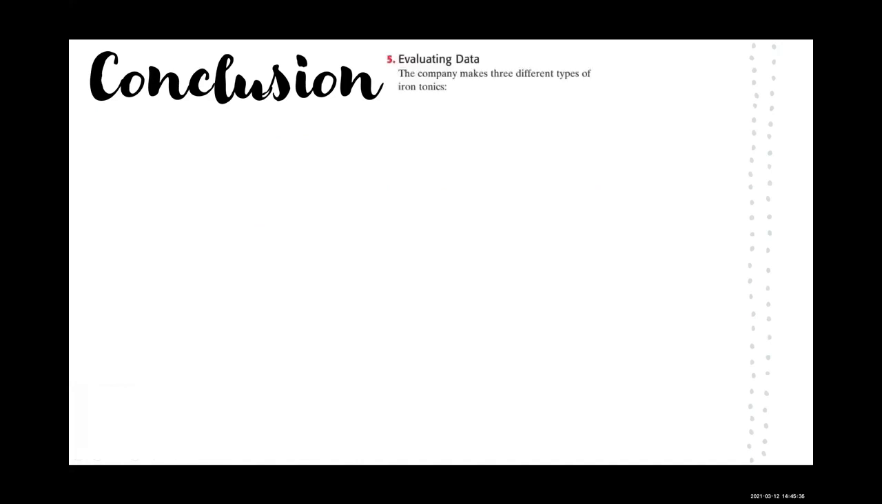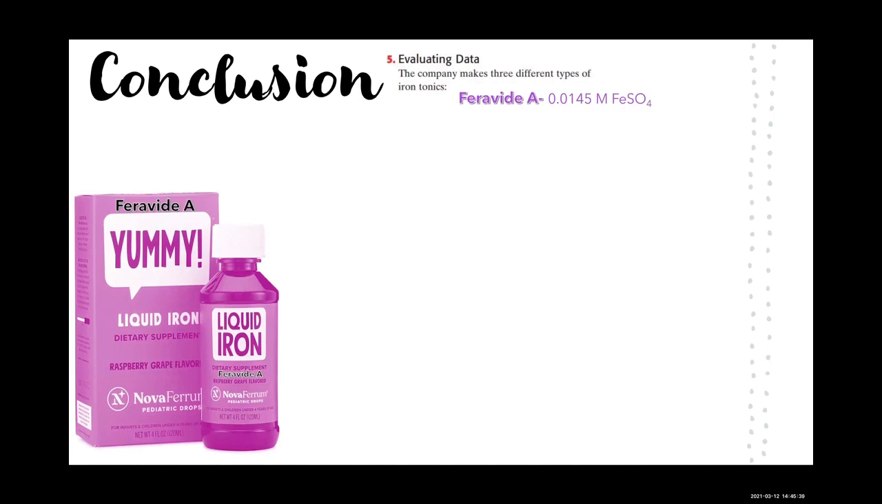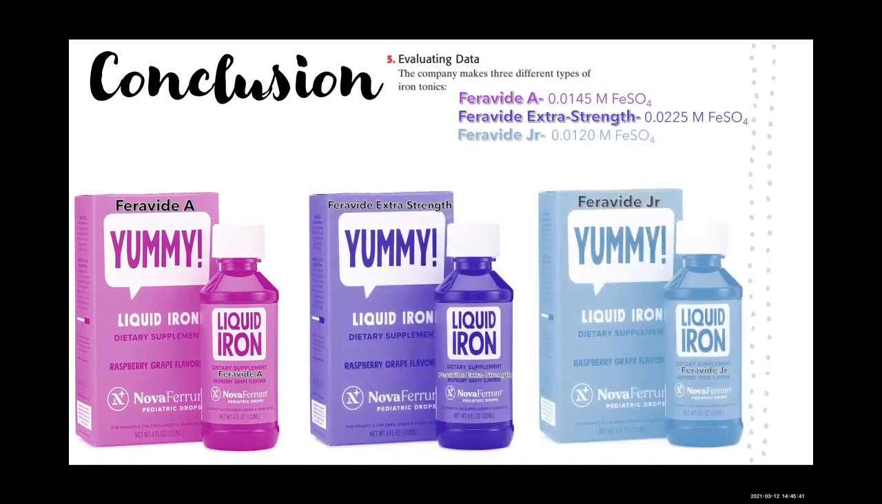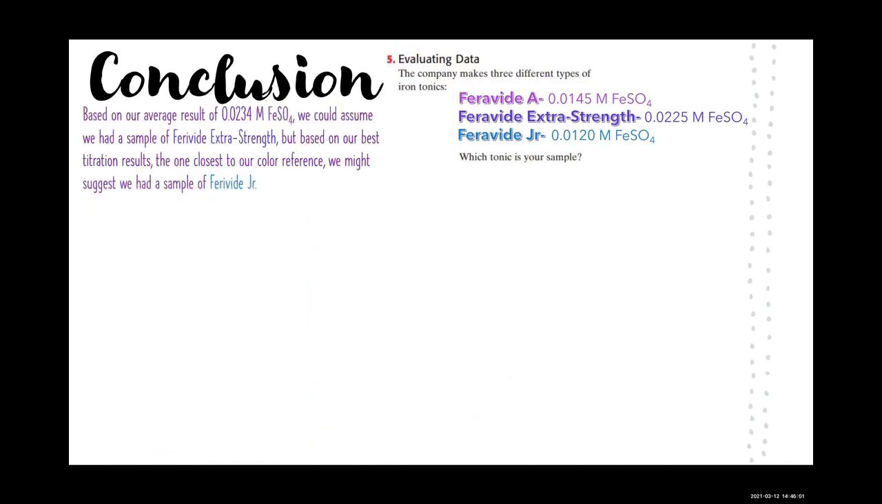Conclusion. The company makes 3 different types of tonics: Ferrovide A, Ferrovide Extra Strength, and Ferrovide Junior. Which tonic is in your sample? Well, we can see the different molarities for the different tonics, and we know that our sample was roughly 0.0234. So looking at this, we could say that based on our average result of 0.0234 molar iron 2 sulfate, we could assume that we had a sample of the Ferrovide Extra Strength, because that's